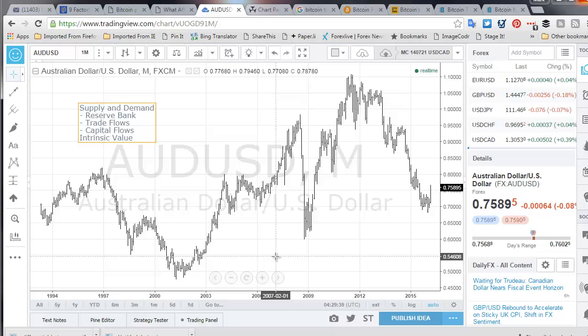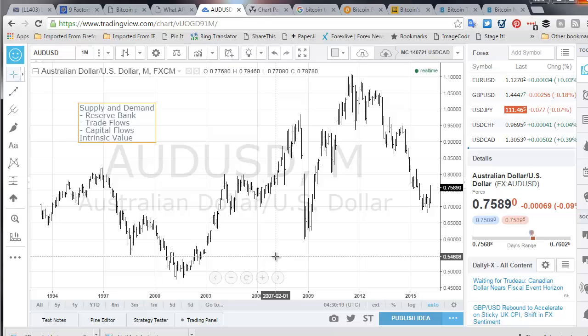And of course, what we must not forget in here is the movement of capital in and out of stock markets. Less of a factor in Australia, but something that has to be taken into account. And I've just added on this list a word called intrinsic value. That is not important in a currency market, but in gold, for example, gold has an intrinsic value. It is an intrinsic value because the material can be converted to industrial demand as a conductor or jewelry demand, or it has an intrinsic value because it's viewed as being valuable.